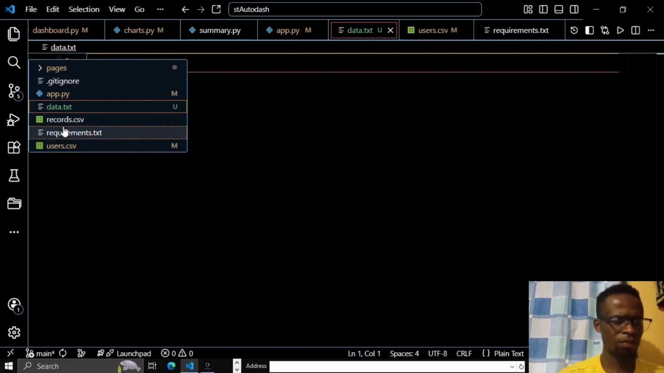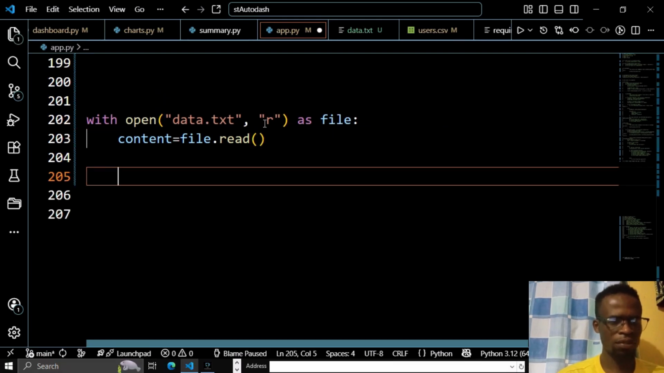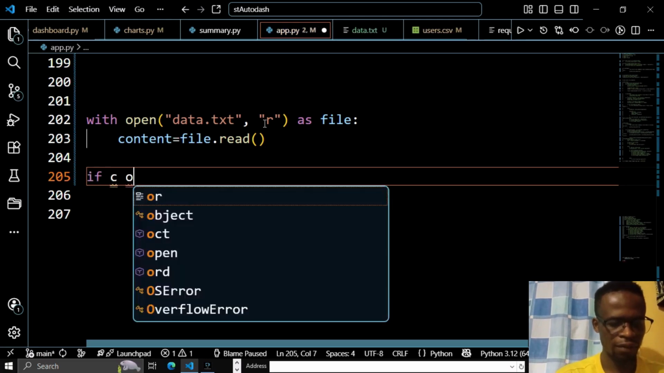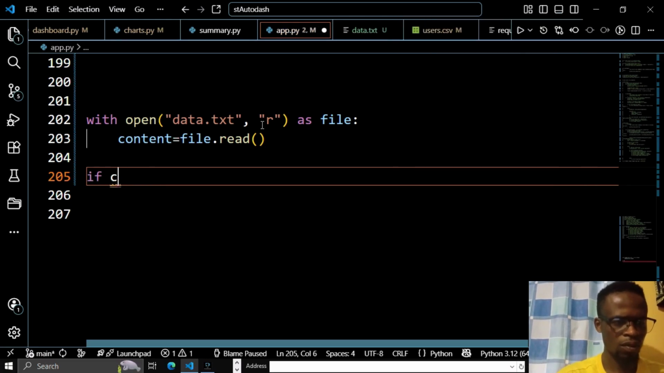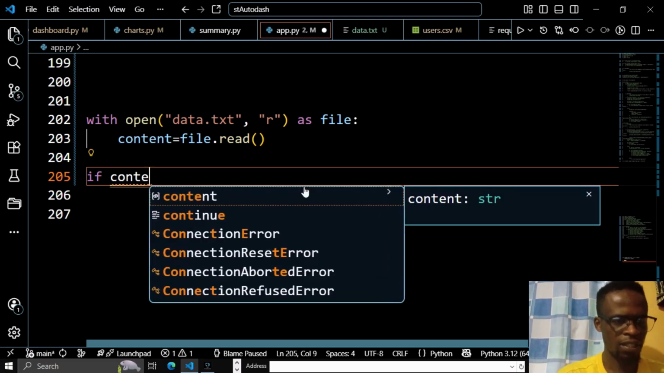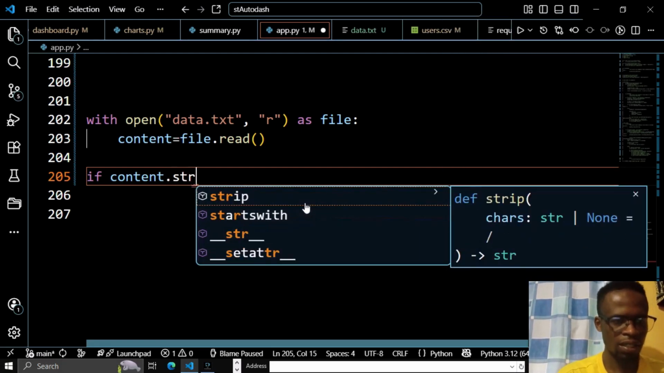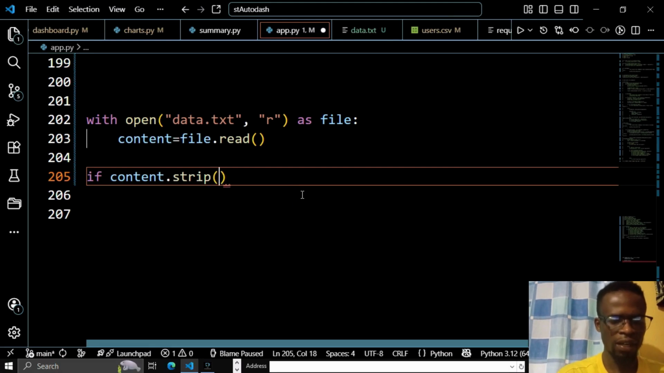Alright, so now I'm coming to this place. Okay, so now let's read it and see what happens. We've read and then we store in content. So now we are going to say that if, when we read, there is content, there is something in the file,